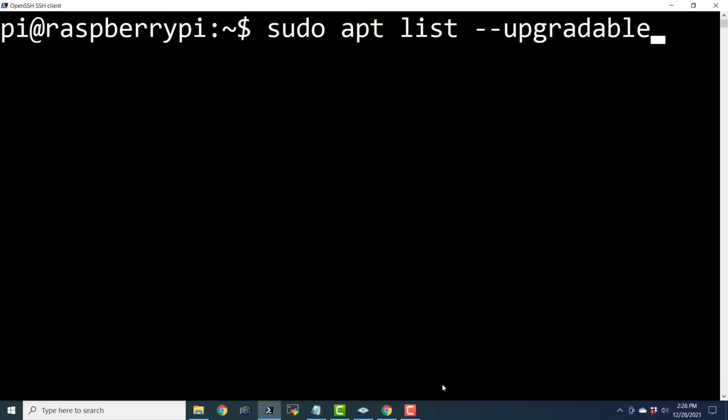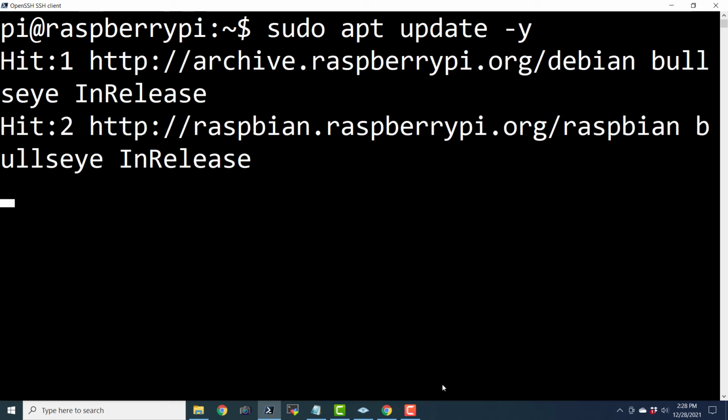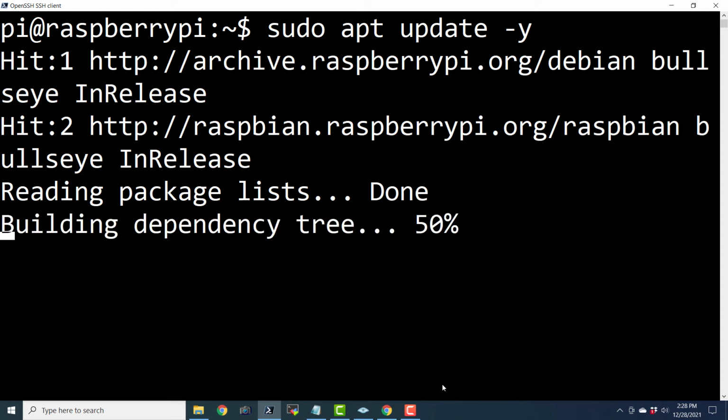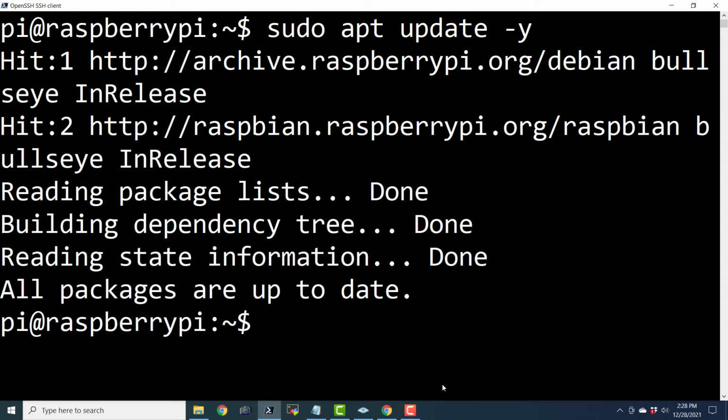And if I try to run this command again, and then if I try to run the dist upgrade, it shouldn't actually download and upgrade anything at all. So as I told you already, this command is valid only for Debian and distributions and derivatives like Ubuntu and Raspberry Pi OS or Armbian.